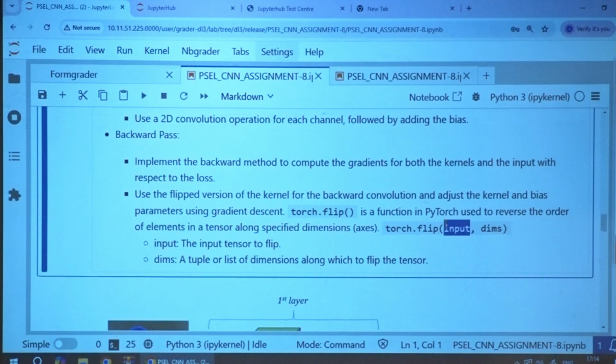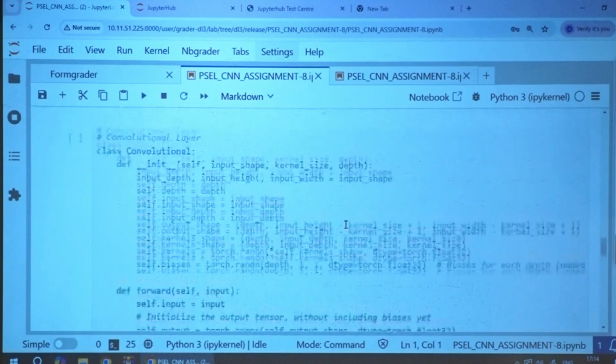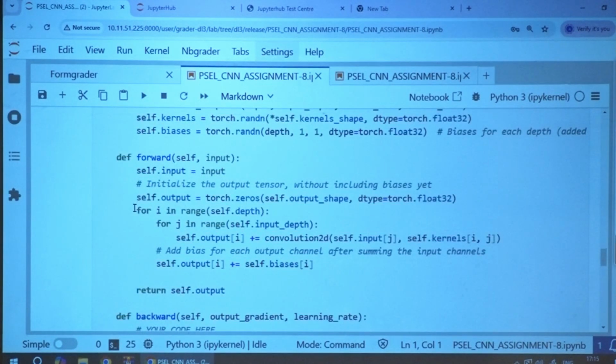Okay? Filter and the dimensions you are supposed to specify. DIMS is the variable which takes a tuple or a list. So I said with 2 dimensions, both the dimensions, 0 and 1 axis, vertically and horizontally. So DIMS equal to a tuple with the dimensions mentioning 0 and 1 or 1 and 0, whatever the order you follow. Now this has to apply. However you did this in the forward pass, in a similar way you are supposed to do it.